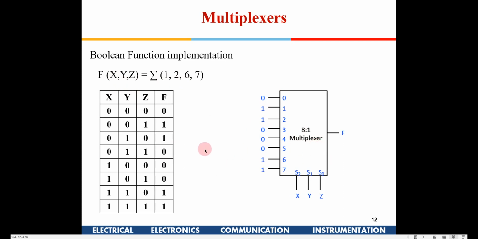Is this clear to all of you? How this function can be implemented? Yeah, Sachin, is it okay? Kishan,